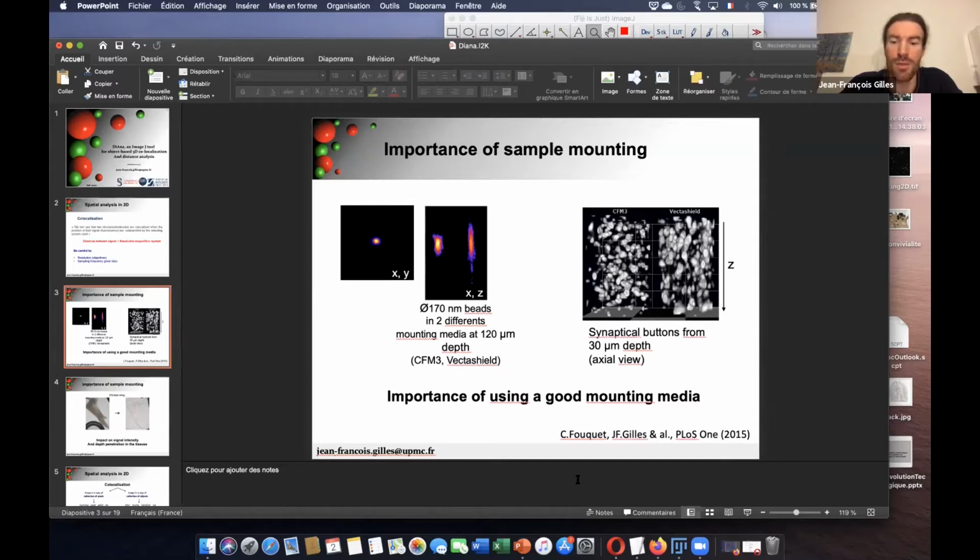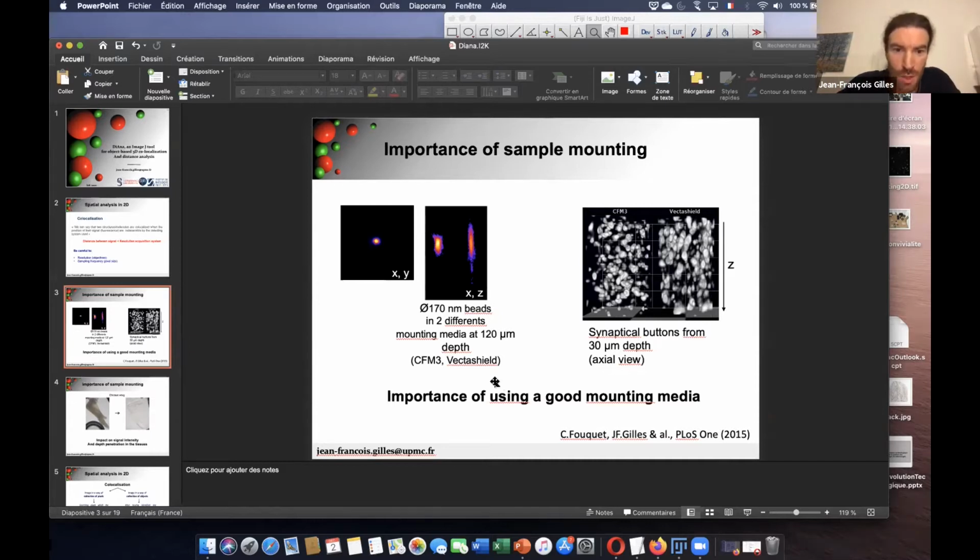Here in this study we took a high index medium, to avoid mismatch from the difference of index between the objective, the oil, the glass, and the sample. So we try to have the same index for the oil, glass, and sample, and we avoid many aberrations.